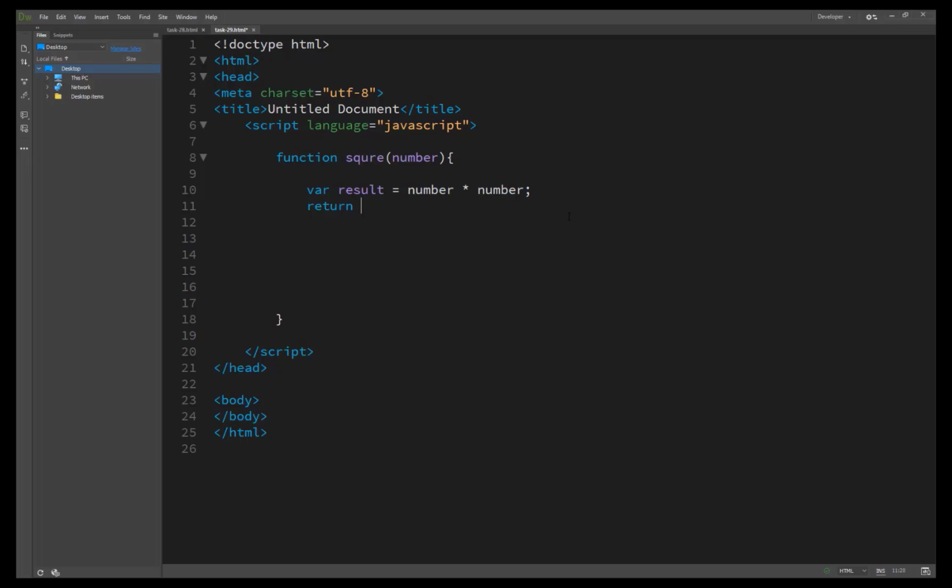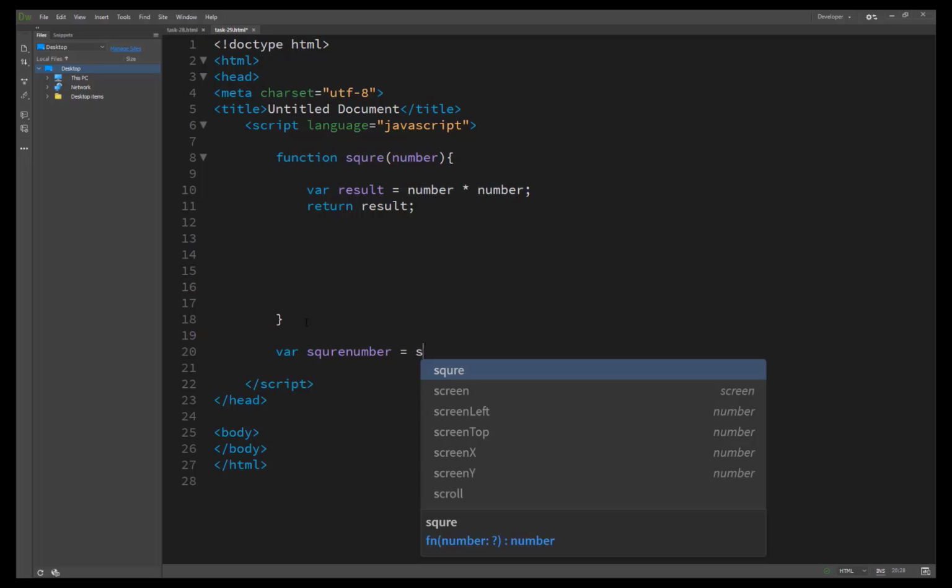What should be written? It's result, our variable. Whichever variable is assigned a value automatically returns from our function. And now we are printing here, and the technique is there. We create a variable like square number, and we assign a value.